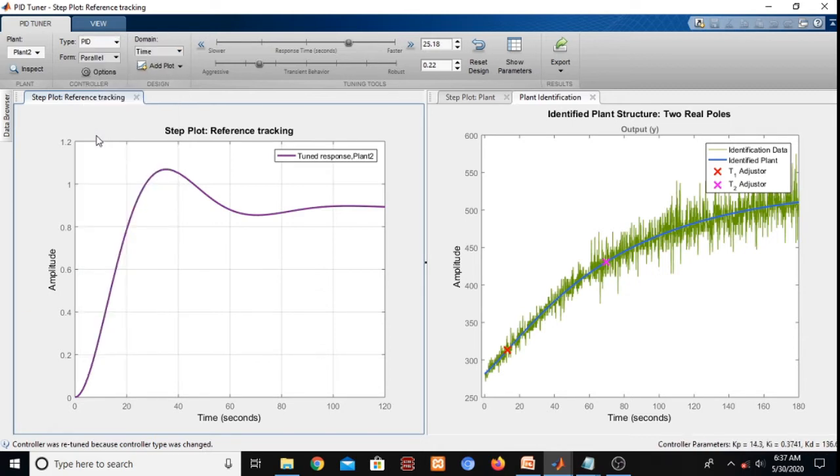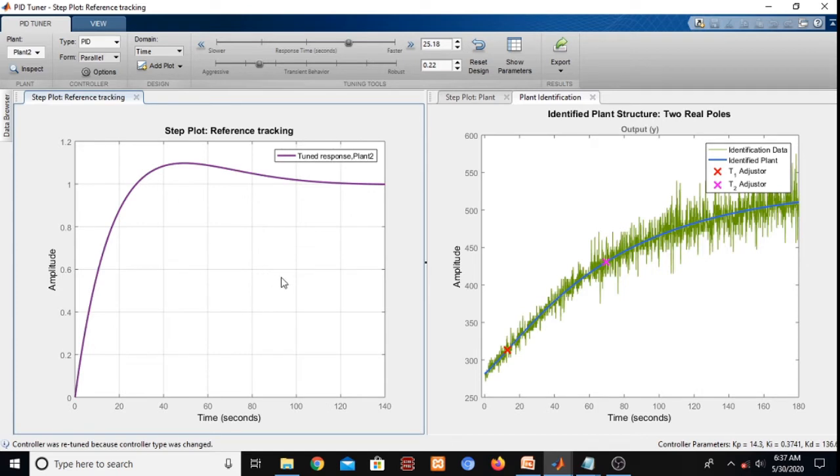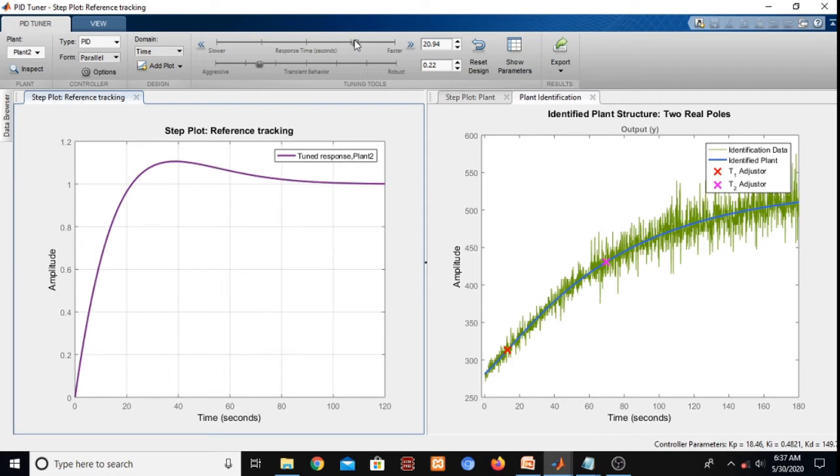Let us choose PID tuner, and let us say that we want a fast response time.